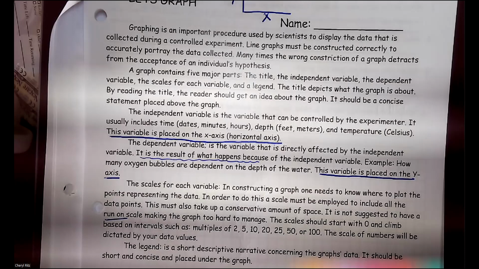The scale numbers will be dictated by your data. And lastly, the legend is a short descriptive narrative concerning the graph's data. It should be short and concise, placed under the graph. Okay, so I had originally planned that we're going to make a graph, but like I said, we're going to do that